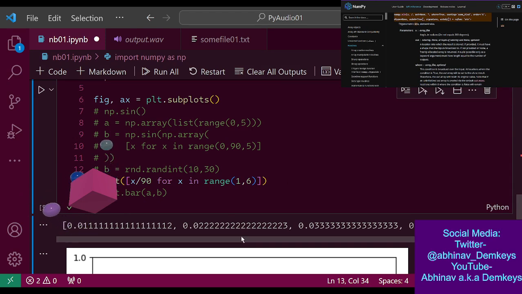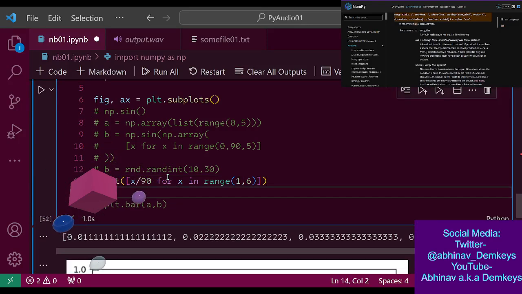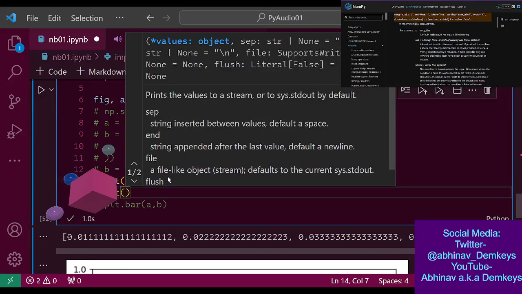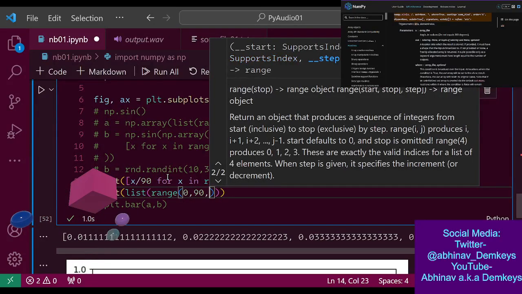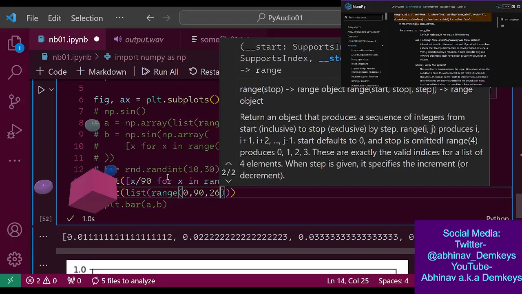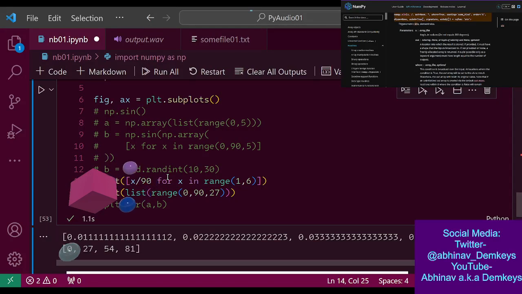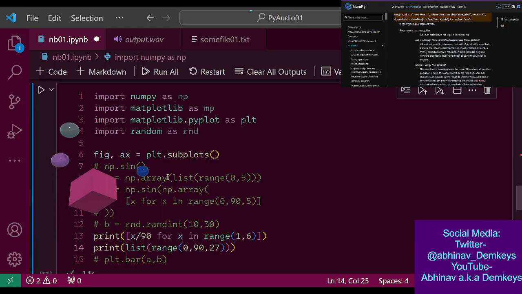All right, so what are we getting here? We're getting tiny values because of this. Okay, right. So, what if I do print list range 0, 90, but in steps of, I don't know, 27. Okay, that still gives an integer.